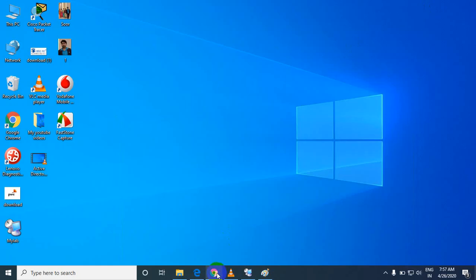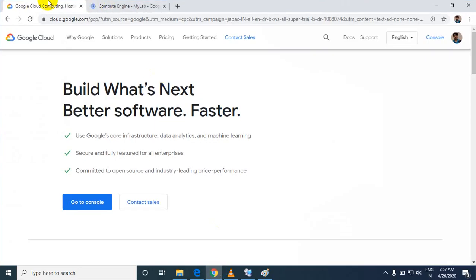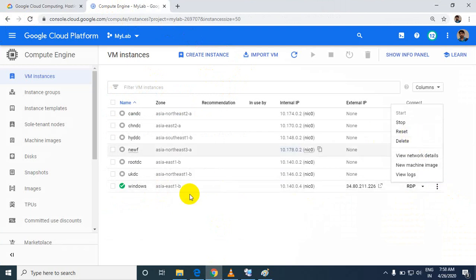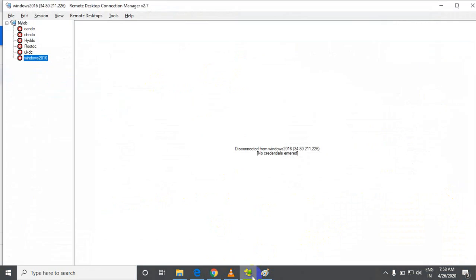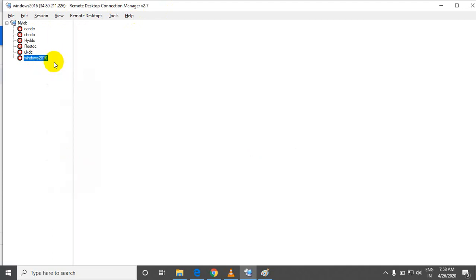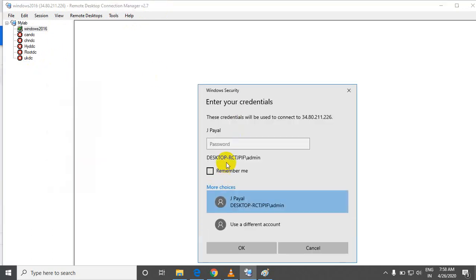So let's start it. As usual, you need to go to the Google console, and you need to select that compute engine, and what I already said is that we have created Windows. So let's start it. If it has been stopped, let's start. Then we can enter into this Windows 2016 server using our remote desktop manager. So here the instance I have created. Let's select this, connect to the server, and give the